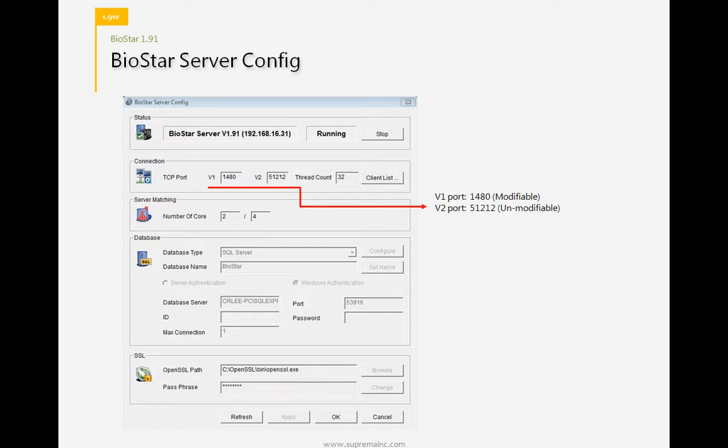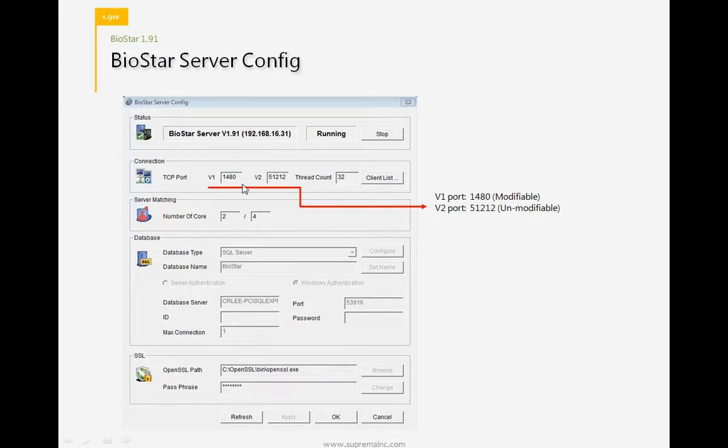Alright, so this is the BioStar server configuration screenshot. The installation is easy. You can download our latest BioStar 1.91 from our website, and with just a few clicks you will install our software. This is the BioStar server config, and it's the same as the previous version.